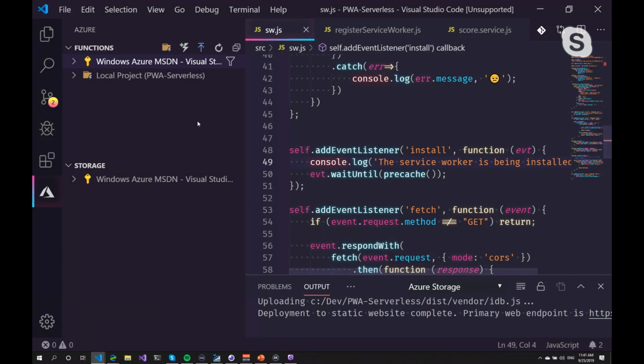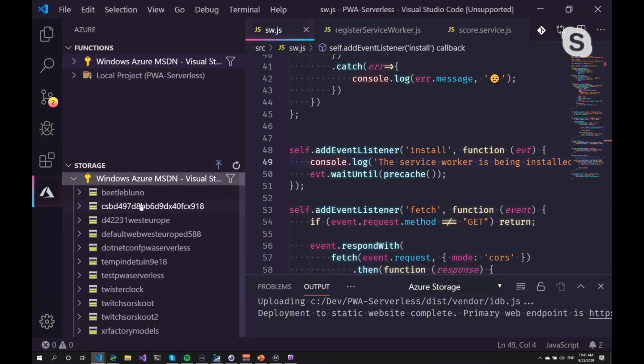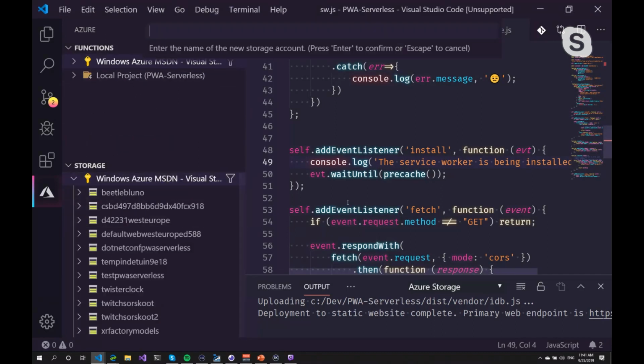So I'm already logged into my Azure account here, and first of all, I need to have a storage account set up. So I'm going to name it.